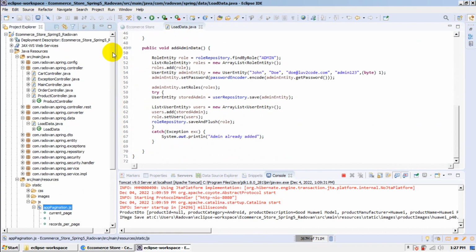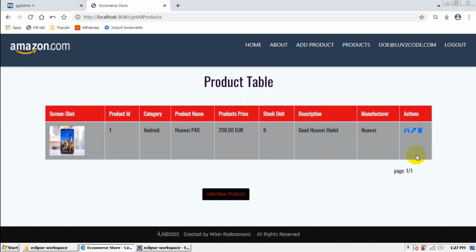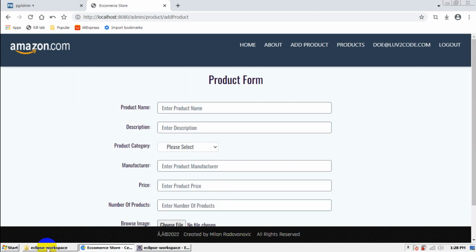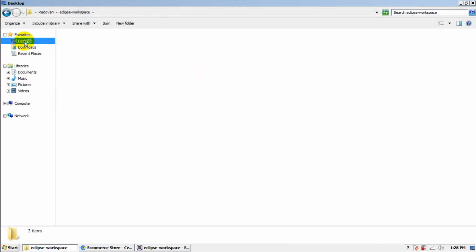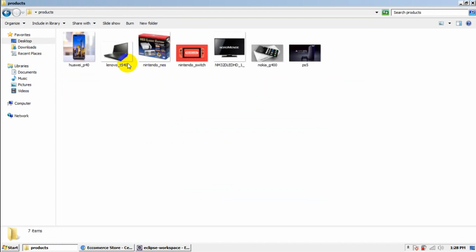And now we can test it by adding some more products. By default, it will display 5 products on one page. Here, let's try. Now let me see on the desktop. These are the product images. Okay, let's add more products